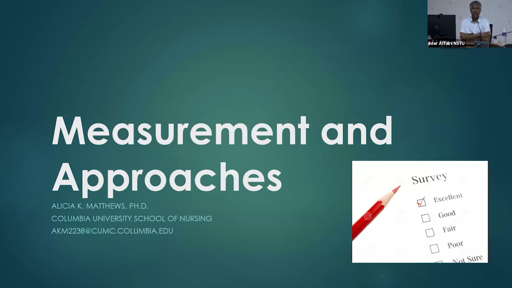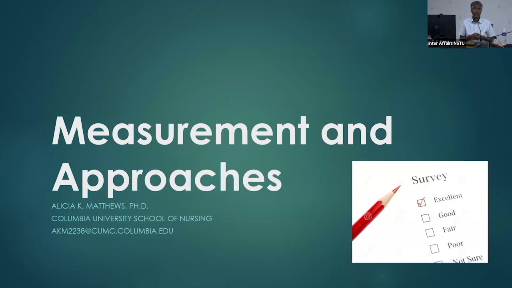One of the things that I often encounter are many questions about measurement, and so I want to share some of the underlying principles that we think about when it relates to measurement. This is not a full course, but some of the key underlying principles associated with measurement and some examples